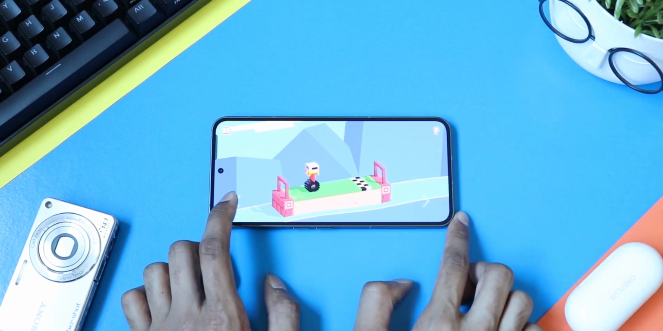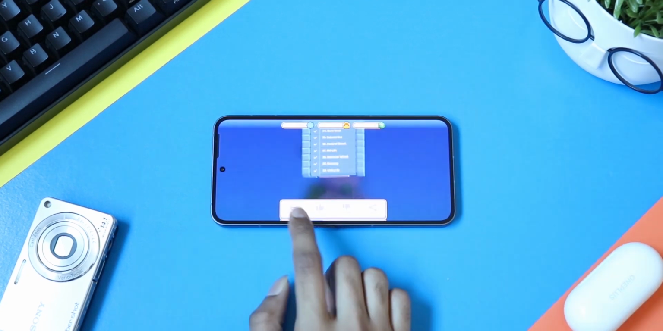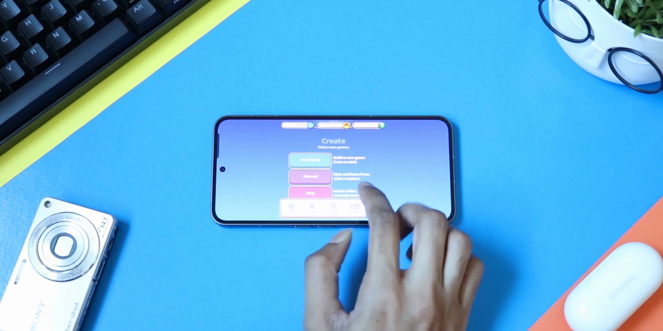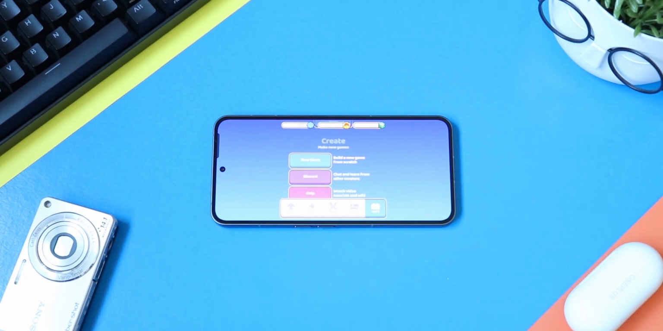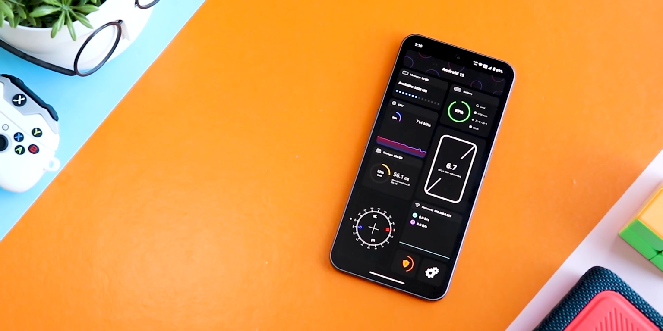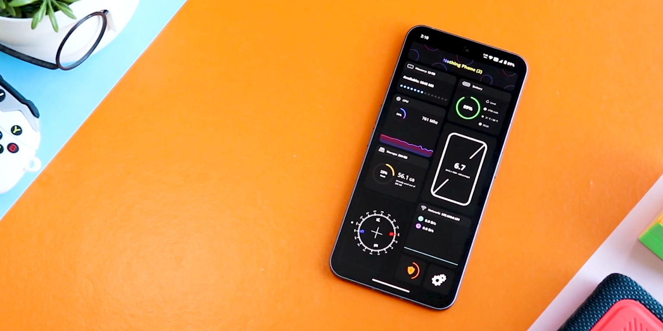And you can play this game either in portrait or in landscape mode. In this game, if you head over to the build tab, then you have the option to create your own mini games. The last app on our list is called GCPU, and with this app you can monitor every single aspect of your phone,